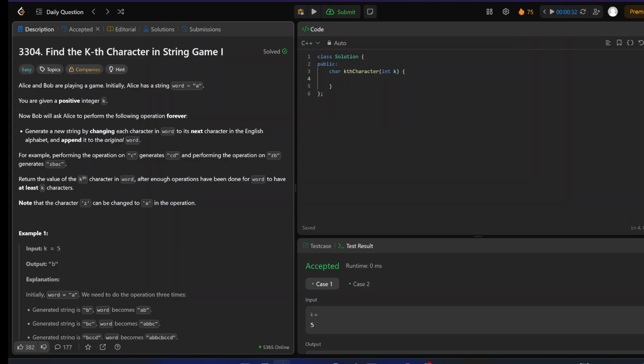Then while the length of that array has not reached or exceeded k, each time in the while loop I will iterate through each element in the array and push back that element plus 1 into the array. When the length of the array reaches or exceeds k, we just return the element at index k minus 1 of the array plus 96, so that we can convert it into the required character. So this can be done as a brute force for this solution.